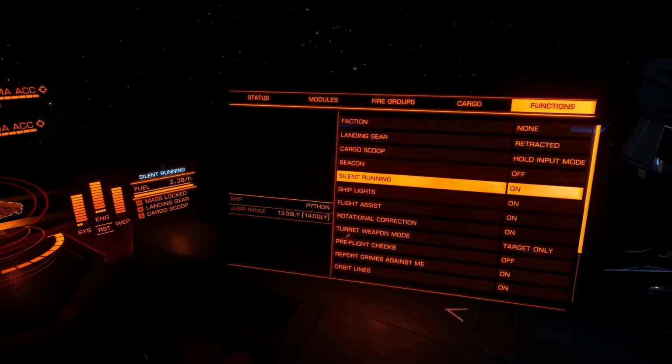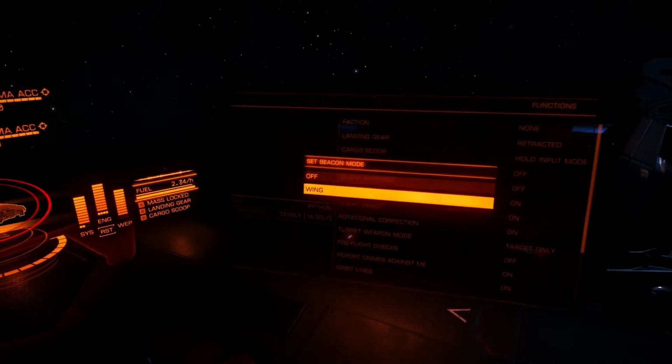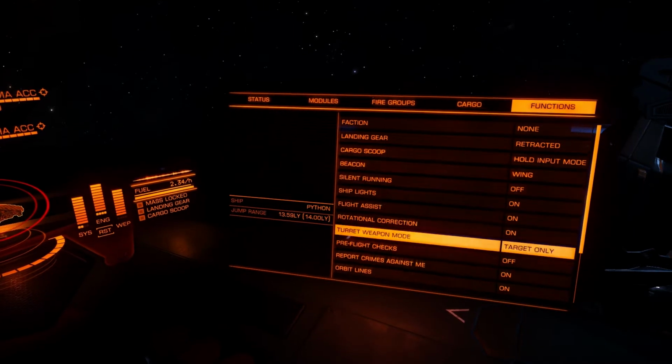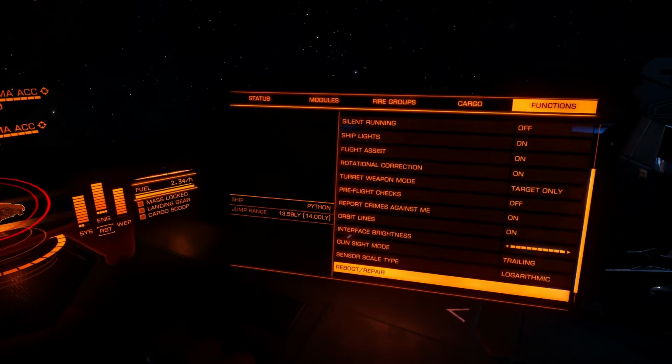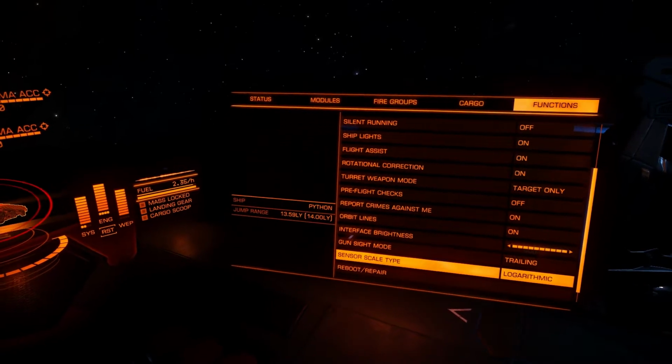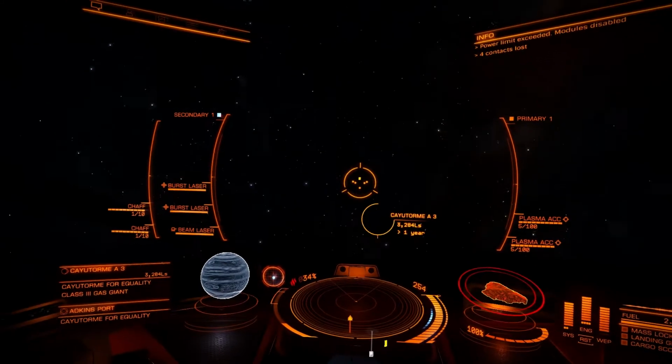Turn that on. Silent running. Whoops. Power plant capacity exceeded. That wasn't supposed to happen. Shields offline. I slipped. Thermal signature restored. Wow, that's okay. I'm not worried about that. By the time we get there,